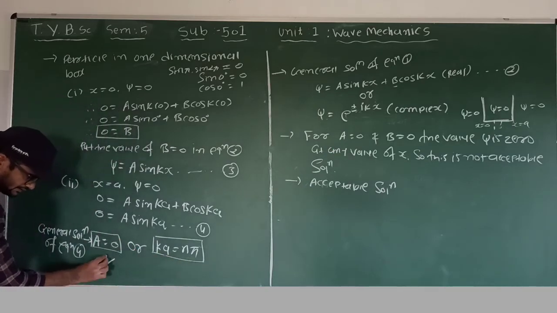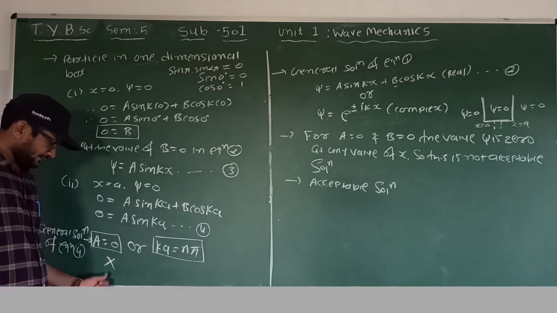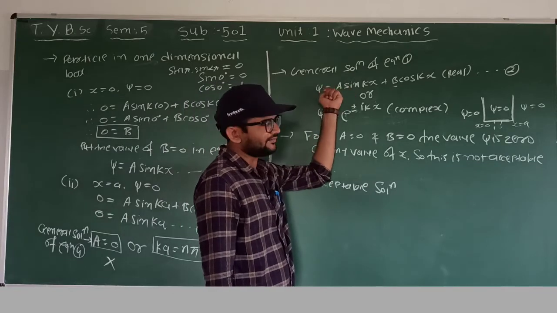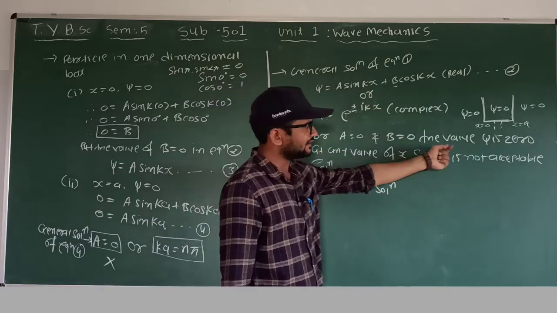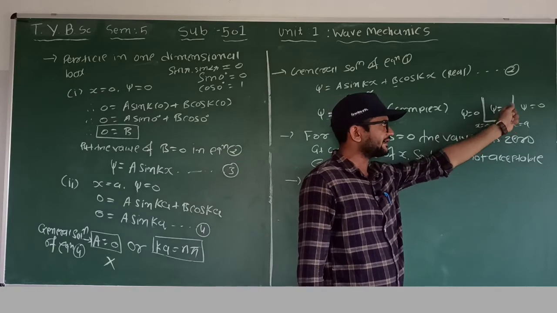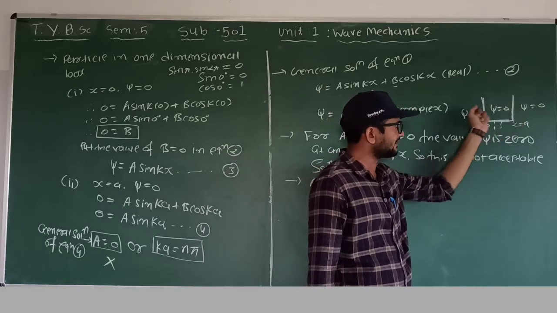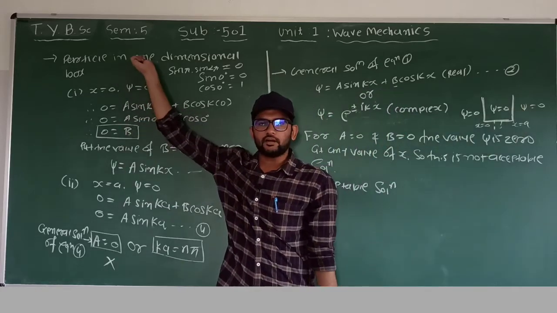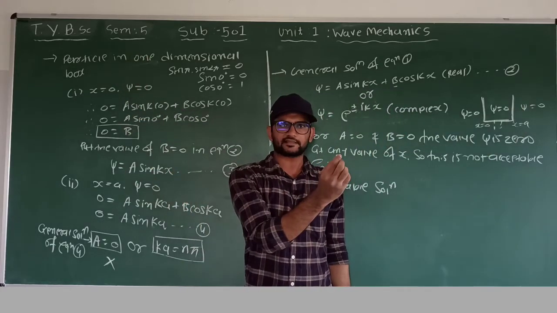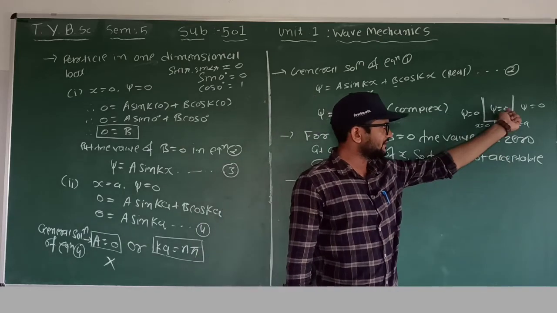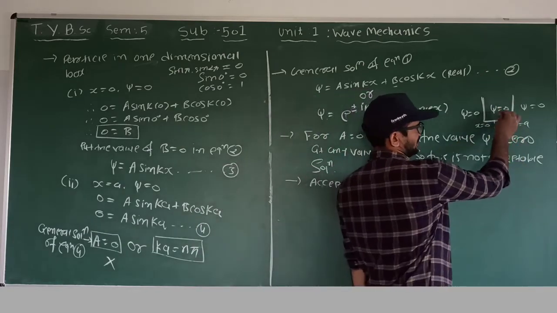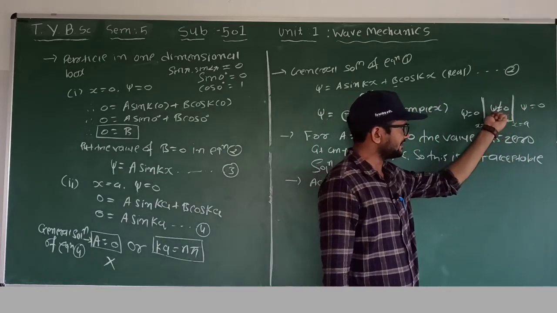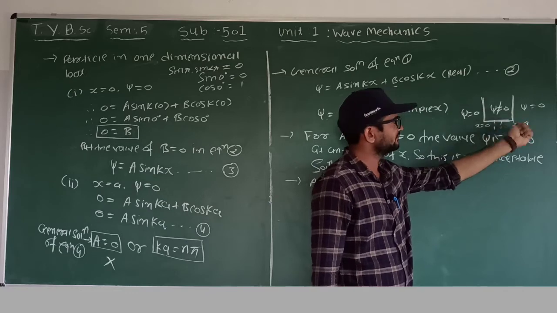This is not an acceptable solution because if the arbitrary constants A and B are both 0, it means psi is equal to 0 at any value of x. Inside the box also psi is equal to 0. It indicates there is no particle inside the box as well as outside the box. But at the start of this theory, we assumed our particle is traveling along the x direction. It means inside the box the value of psi is not equal to 0. Inside the box the particle is present.